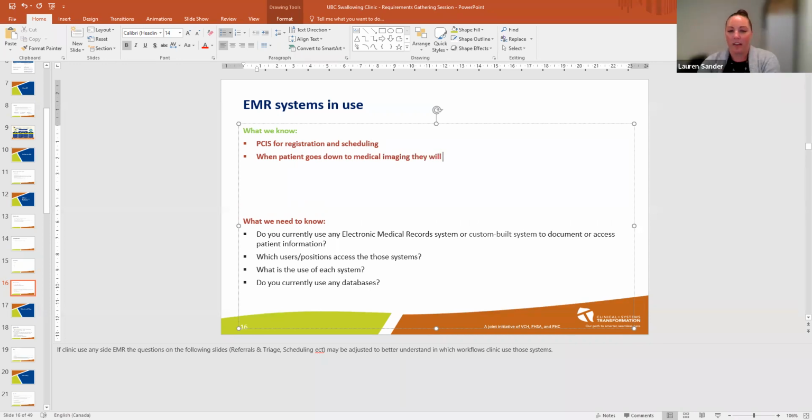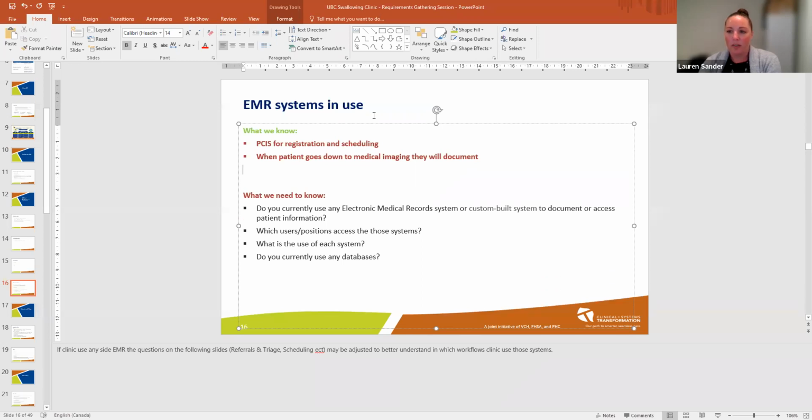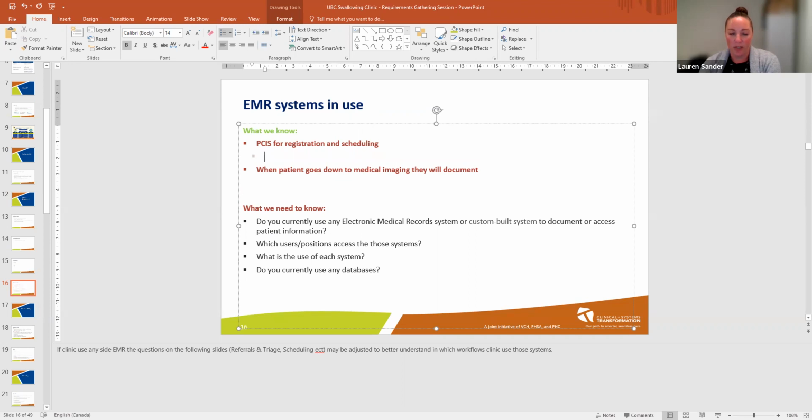I should say that the registration or the scheduling in IDX-RAD is something that happens ahead of time. So the swallowing clinic sends the information, or the patient slate for the following week, on, say, the Thursday prior, so that the medical imaging booking clerks have time to schedule the patient into IDX-RAD prior to the patient appointment time.